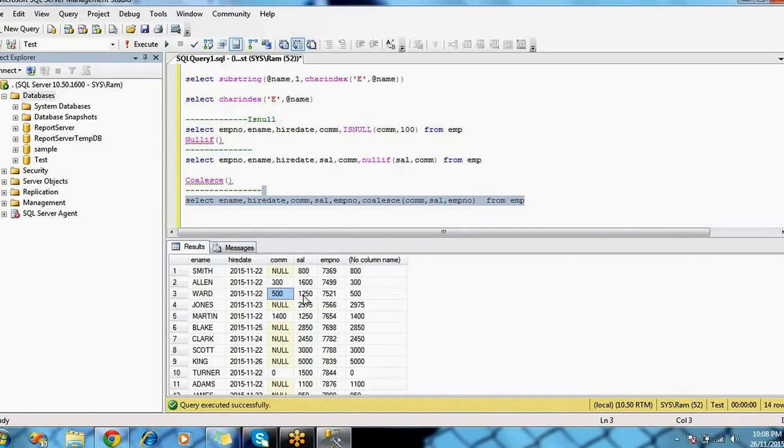Yes, 500 is a numeric value. Got it? Right. So this way the COALESCE function is working here.